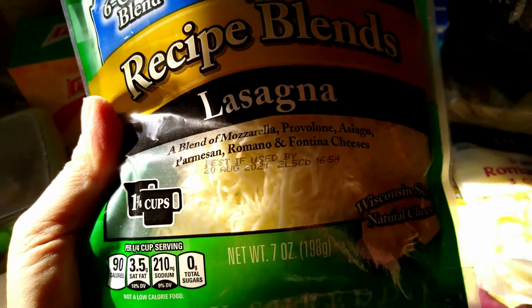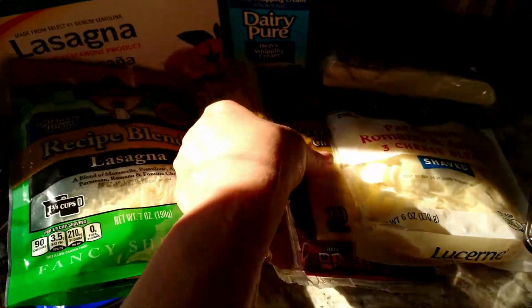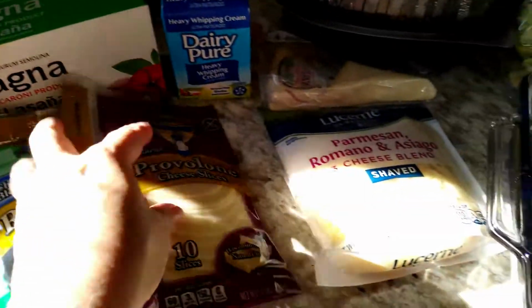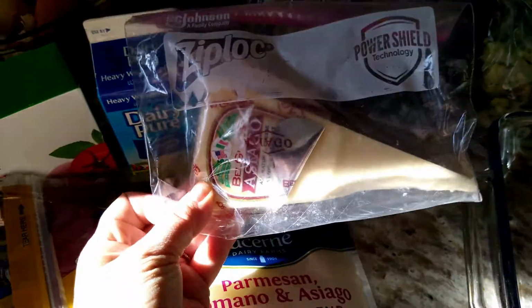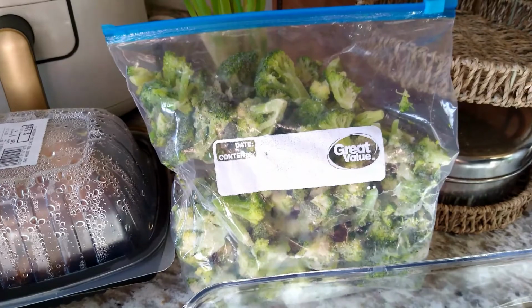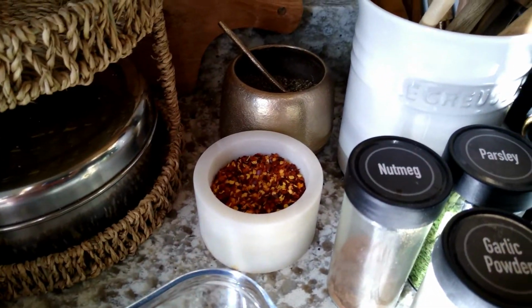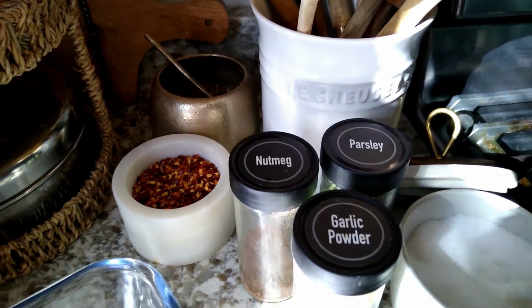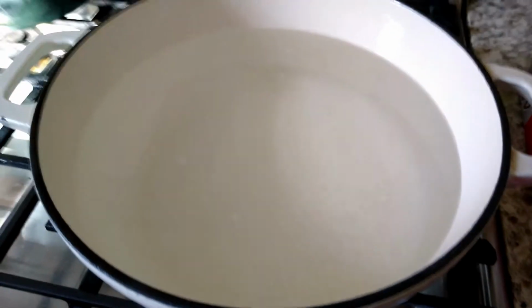So I'm starting out with any type of cheese you want. There's all kinds of, as you can see, a lasagna blend. I'm using provolone cheese slices. You can use mozzarella. I'm using this Parmesan Romano Asiago. Any type of Italian cheese blend you'd like. I'm using some Asiago grated cheese. Rotisserie chicken I'm using. You can absolutely boil some chicken breast if you'd like and shred them yourself. I've got some frozen broccoli, some red pepper flakes, salt and pepper, nutmeg, parsley, garlic powder,